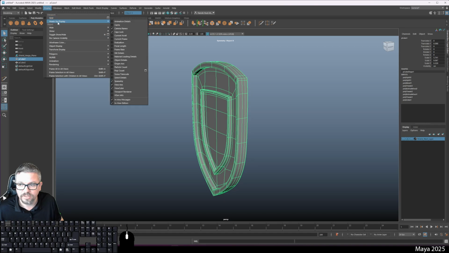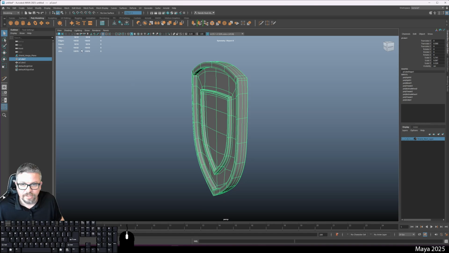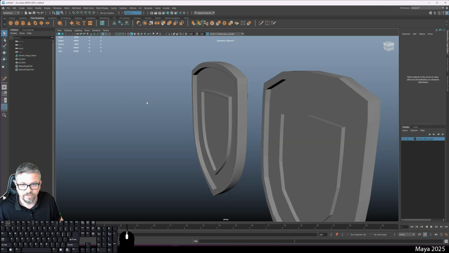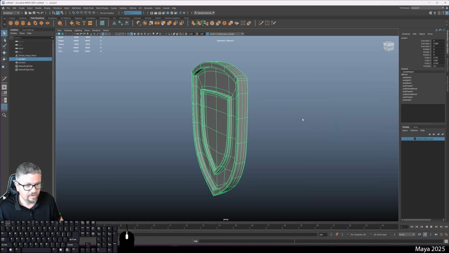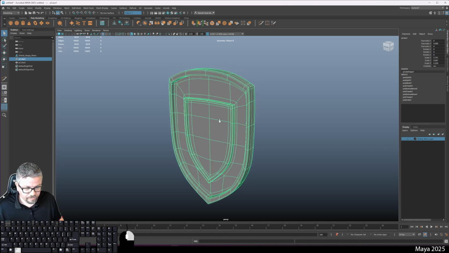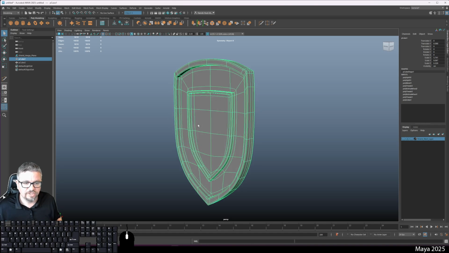Display, heads up display, poly count. So you'll see what I have selected. The one on the left here is what's in the entire scene. The one on the right is what I have selected, and if I turn this on, I think those numbers will change. Yep. So let's turn that off. So you'll notice that they changed on the left side when I had this on. Now, with this shield here,